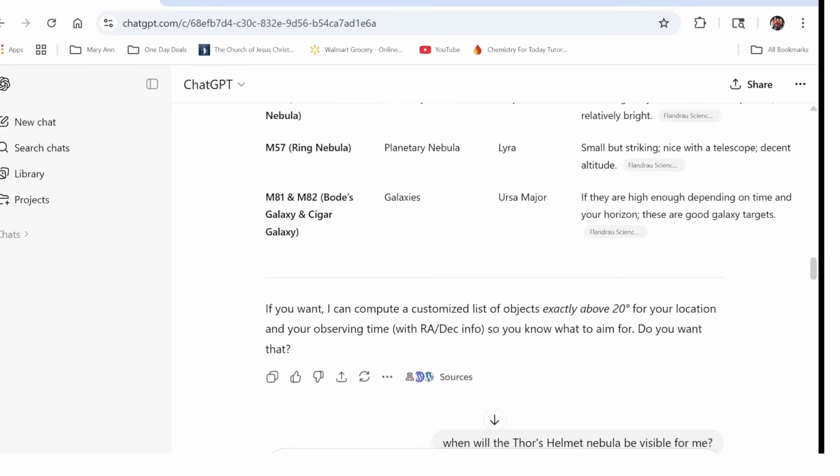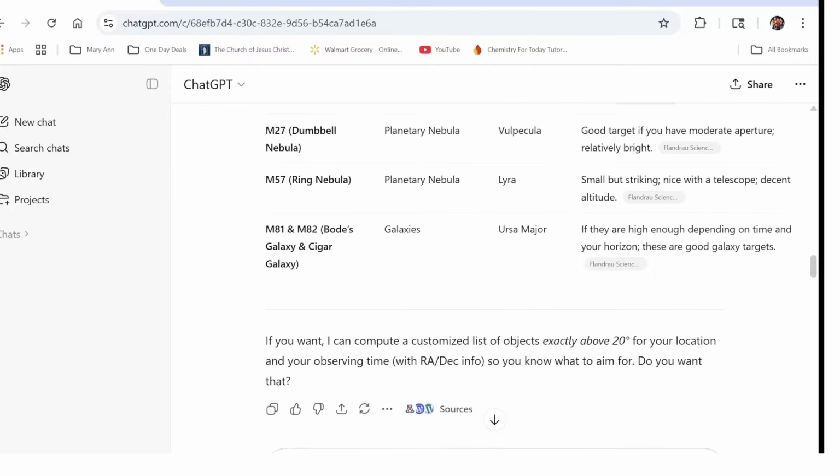Then after it created that list, it says, if you want, I can compute a customized list of objects exactly above 20 degrees for your location and your observing time. And it will give you the declination and things if you want it to, so you know what to aim for. Do you want that? And all I would have to do is type in the little box that came up after this was produced. It kind of looks like this, Ask Anything. It just gives you a new box to type new instructions,